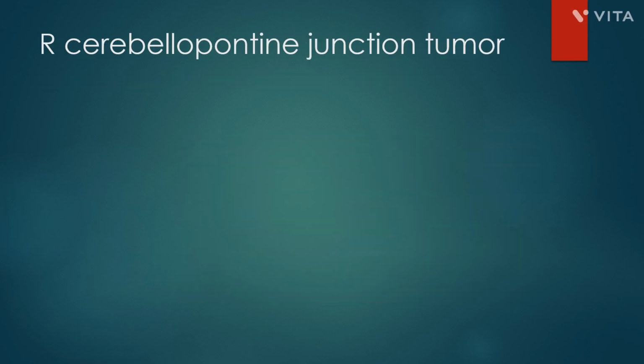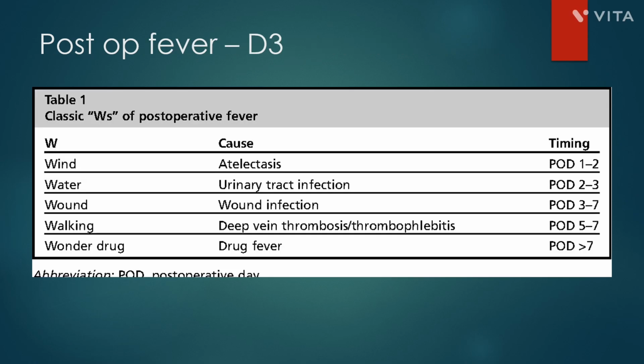Now, another scenario about right cerebellopontine junction tumor. So CP angle tumor, your nerves affected are 5 and 8. 8 is with hearing and 5 is with facial sensation. So you have to know how to differentiate between Meniere's disease, acoustic neuroma, CP angle tumor, which can be a vestibular schwannoma. So they can either give CP angle tumor or they can give vestibular schwannoma. Mainly the affected nerves are 5 and 8. Then also cavernous sinus thrombosis, where there is a combination of 3, 4, 6, 5 also. It can get affected.